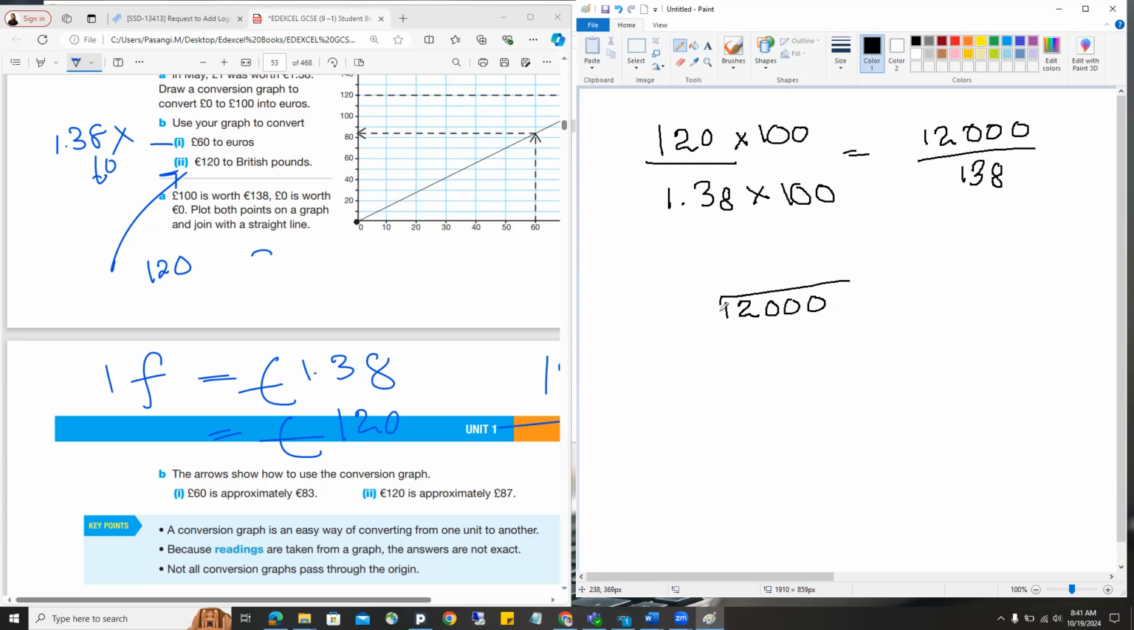12,000, if we divide it by 138, for this one, we don't have any 138. For 12, we don't have. For 120, that's also we don't have. For 1200, how much? That's what you have to calculate. For this 1200, you may have 8. 800 and what we call